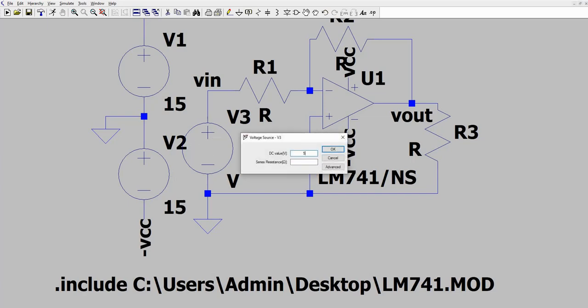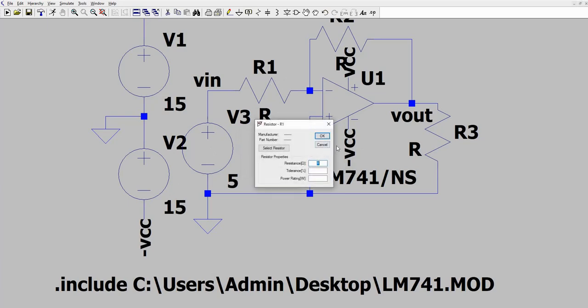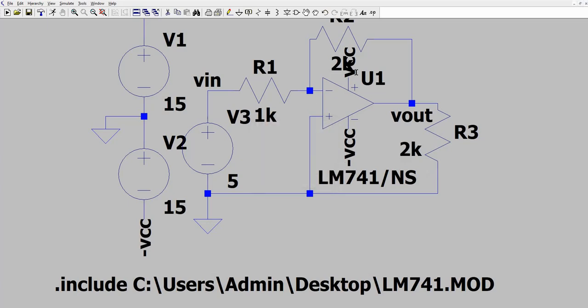Let us assume 5 volts on the input, R1 equal to 1K, R2, let us assume 2K. Then for R3, 2K. So we now have these values.